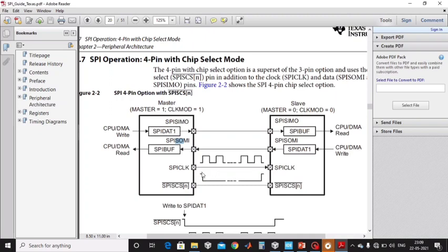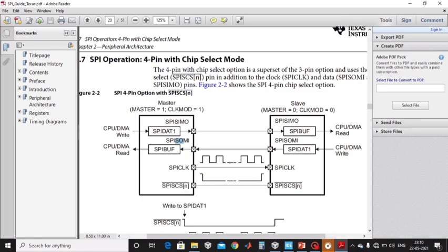So whenever this pin is low, then and only then this device will accept the data from the master, decode that data, and according to the data it will give data back to the master. But for that this pin must be low. So a high to low transition is required whenever we are communicating with any device if we are using this chip select pin. So you must be wondering why this pin is required.